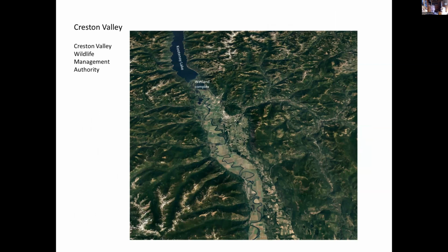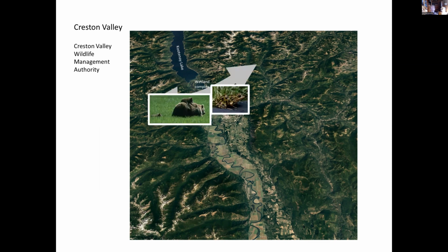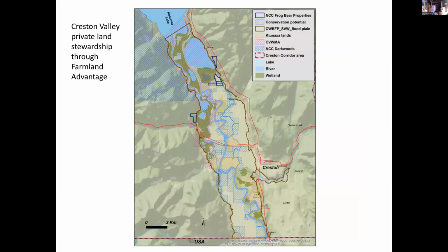Most of the work there is organized by the Creston Valley Wildlife Management Authority. And as I mentioned, this is a cross-valley corridor for the grizzly bears and the leopard frogs. But that's also grading into some private land stewardship activities, like areas where we're working with some of the local farmers and ranchers to operate in wildlife